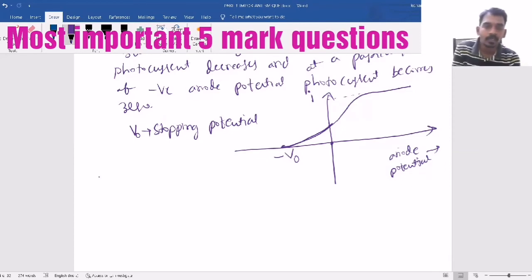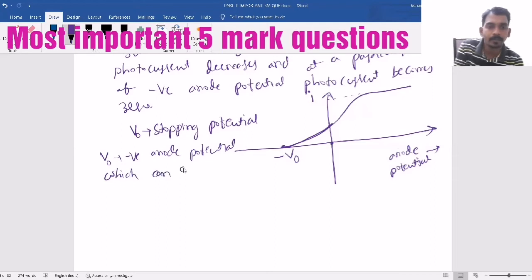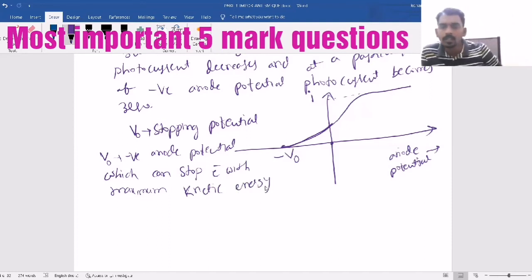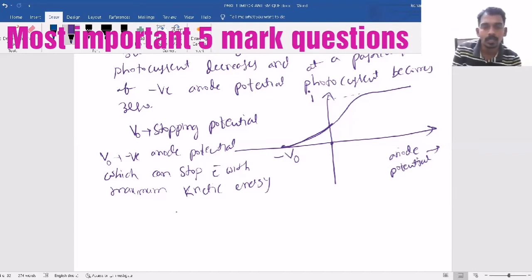Stopping potential means the negative anode potential V naught, which can stop the electron with maximum kinetic energy, so that all the remaining electrons also can be stopped and the total current becomes zero. So the maximum kinetic energy equals eV naught,